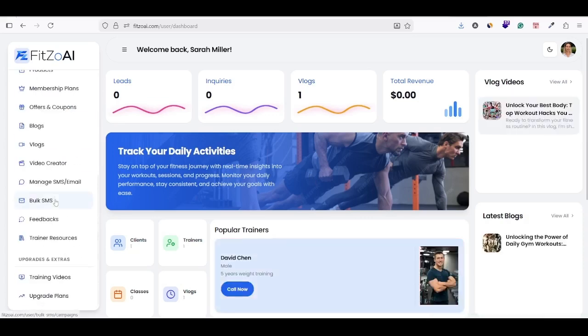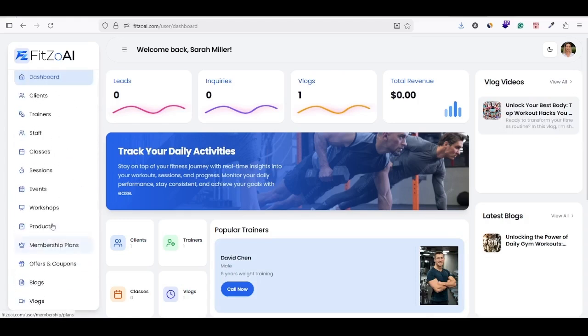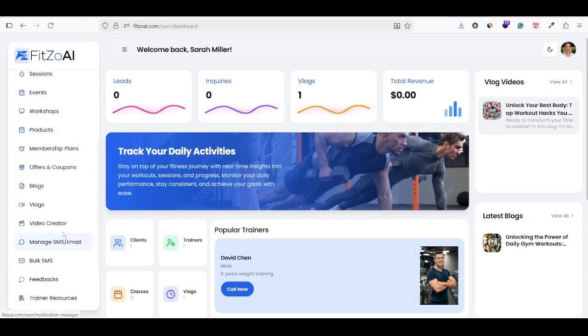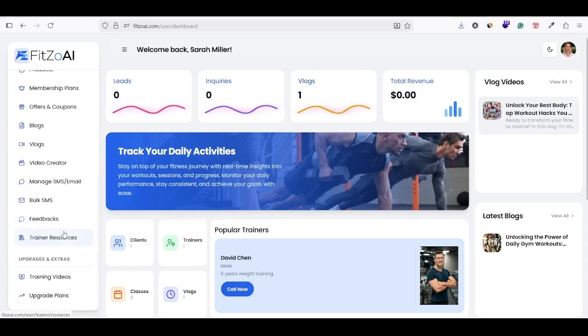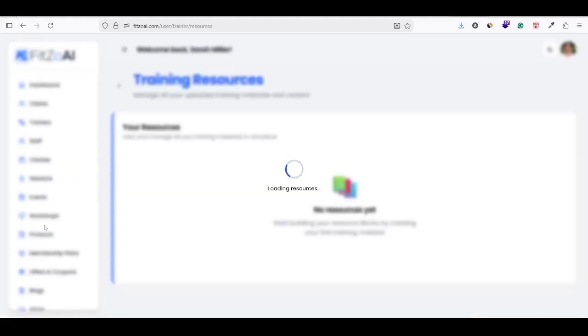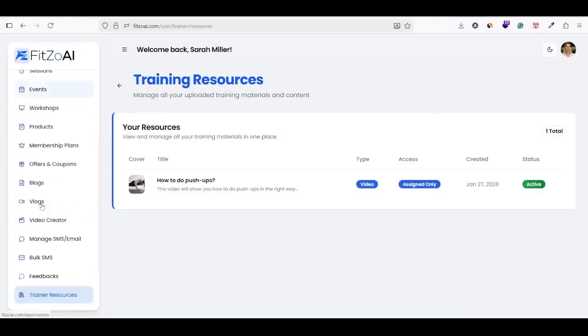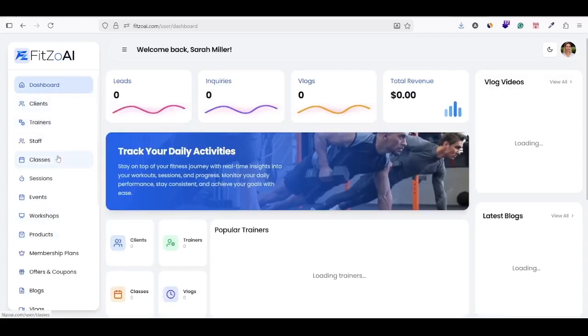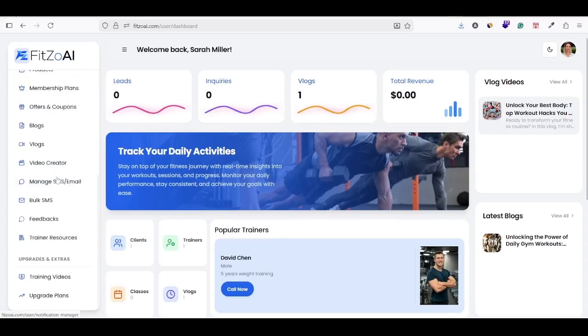So here you can see the payment gateway is removed and the other integration services are hidden for Sarah. She now cannot access the unpermitted modules. All the modules which are showing in her left menu are permitted by the owner, and the unpermitted menus are hidden